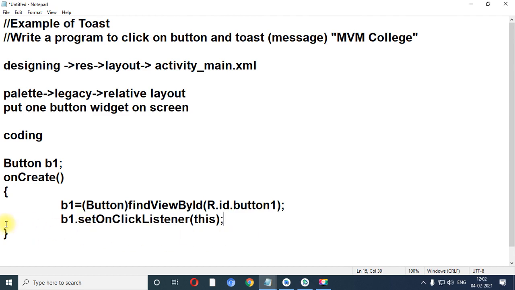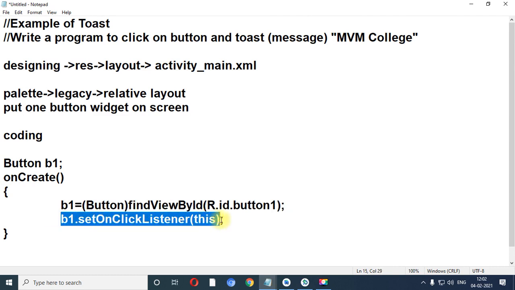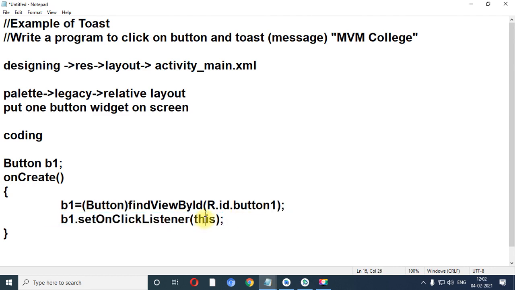Roughly I am going to teach you. First of all, we have created an object of the Button class, then findViewById, then setOnClickListener with this in brackets. Why have I passed setOnClickListener over here? Because I want to fire a click event on the command button.